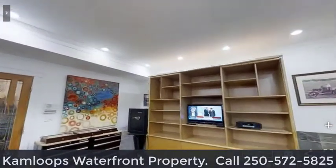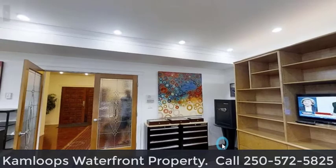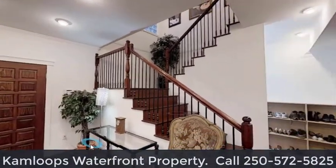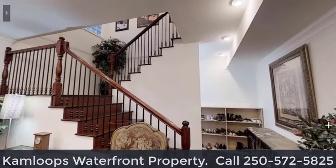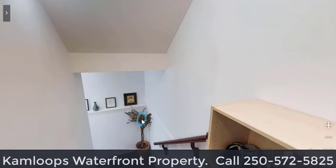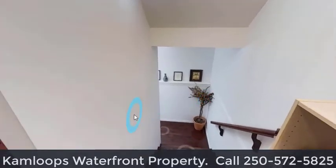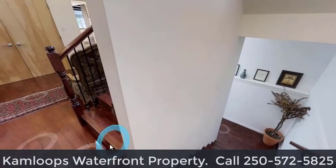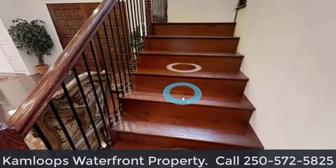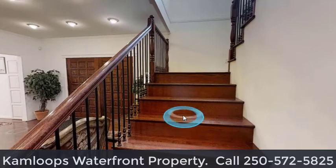So let's go and take a tour of the rest of the house. We're going to go back out into the foyer now. And as we come out into the foyer, we're going to go towards the stairs here. And that's the downstairs, down below. We'll take you through a tour of that here in just a little bit. But why not, let's head upstairs. And so as we move upstairs, we're going up